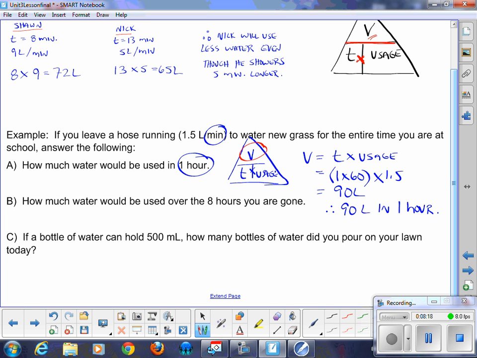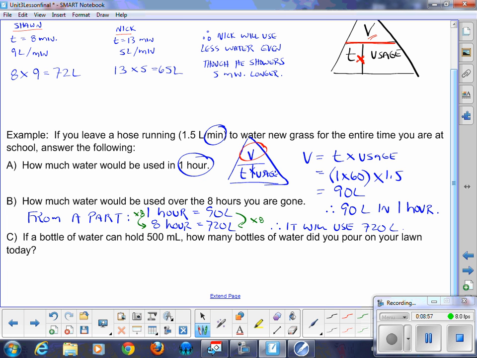How much water would be used over the 8 hours? Well, let's just go from A part. We know 1 hour is equal to 90 liters. If we want to go to 8 hours, we'd have to multiply by 8 here. So that means 8 hours would equal 720 liters. So therefore, it will use